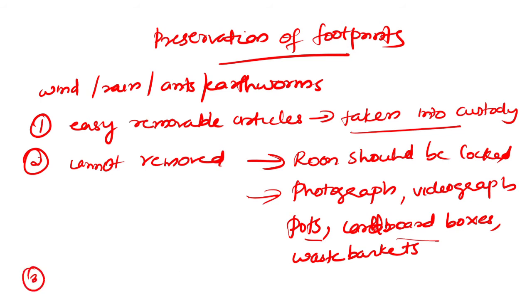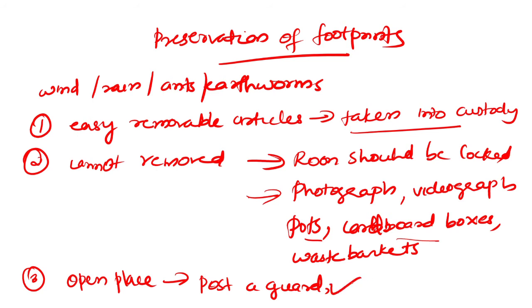And the third one is that if the prints are in an open place, where persons ignorant of the occurrence generally come and go, it may be necessary to post a guard. That is like a security, you can keep a guard besides covering the prints. So after covering the prints, you can post a guard, because in a crowded area, persons who are not aware of this may ignore the footprints, so we can post a guard in order to secure the crime scene.